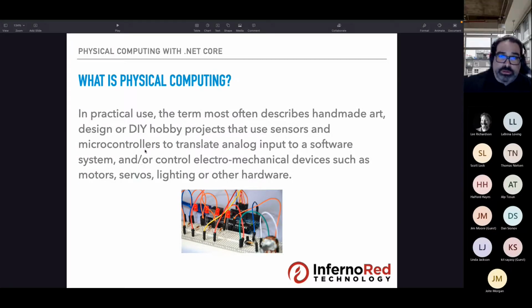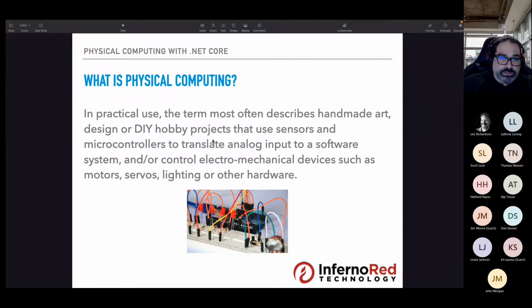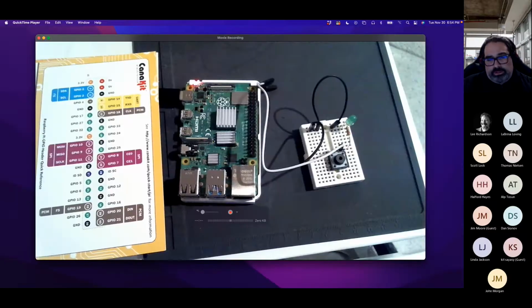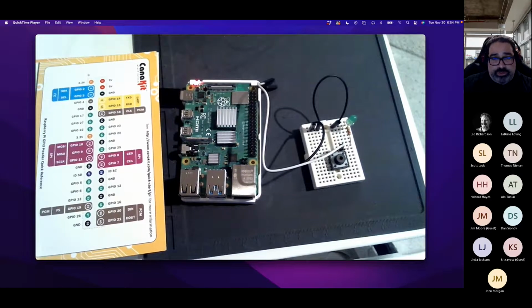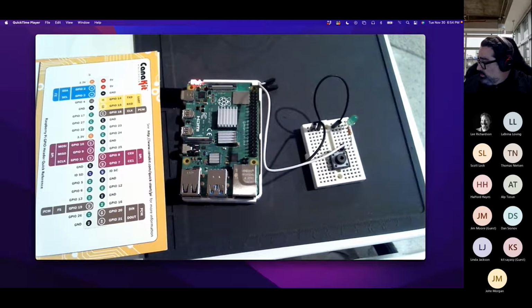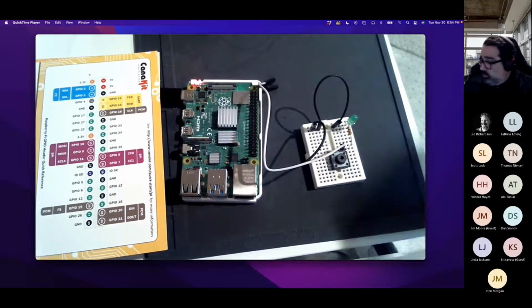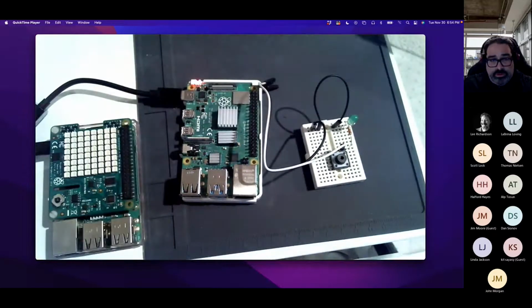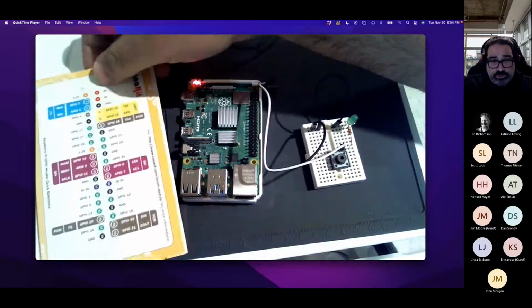So I'm going to switch from the screen for a bit, just to showcase some of the hardware that we're going to be playing with today before going any deeper into the slides. This is the second camera that I have hooked up, and hopefully everything goes as expected. What I actually have for you guys today are two Raspberry Pis that are going to be doing most of the demos.